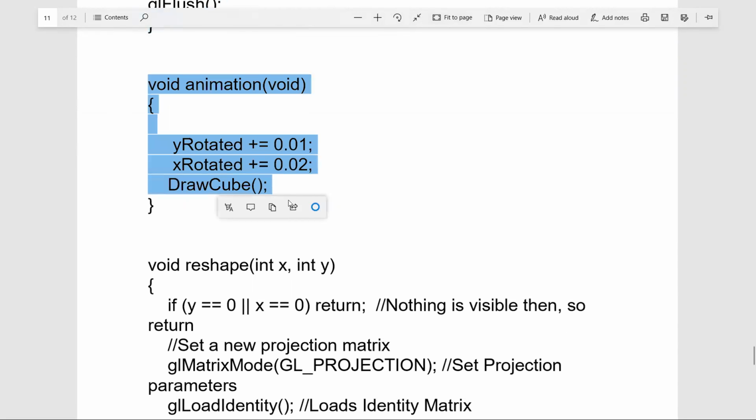Now let us animate. Let us apply animation transformation to the cube that is drawn. So how is the cube undergoing animation? By desired incrementation in the y rotated variable and desired incrementation in the values of the x rotated variable.